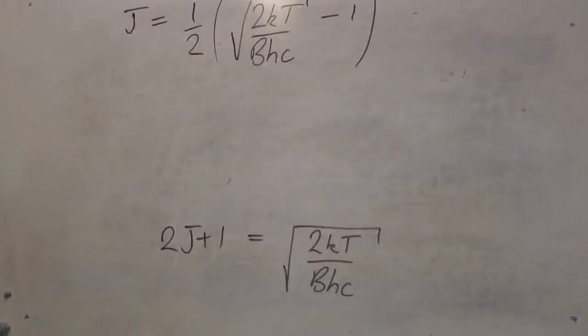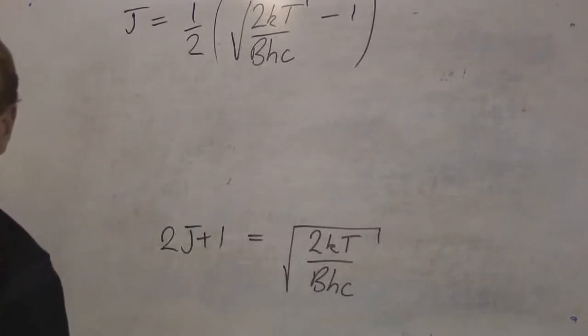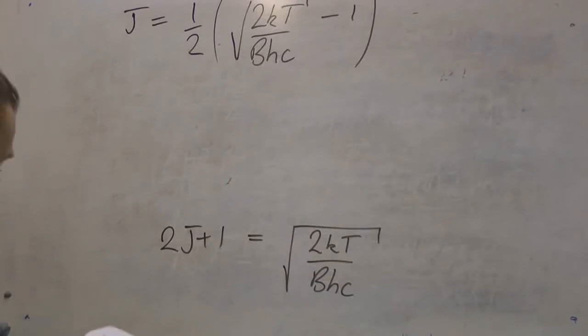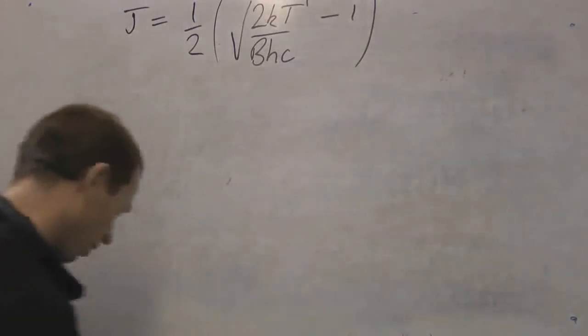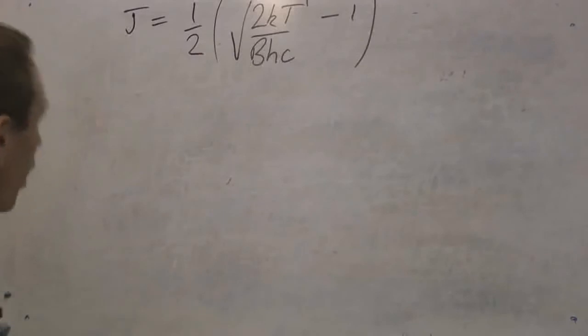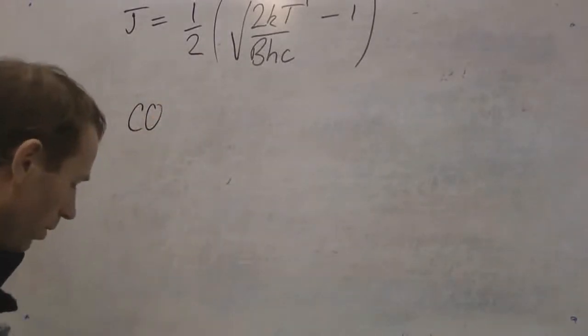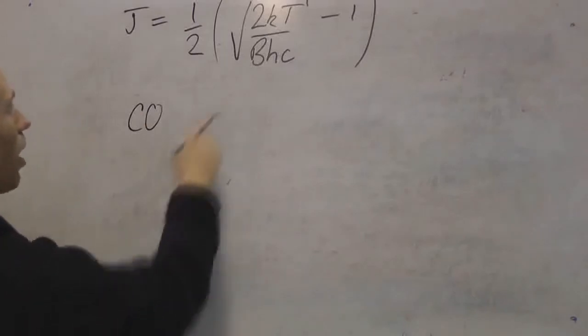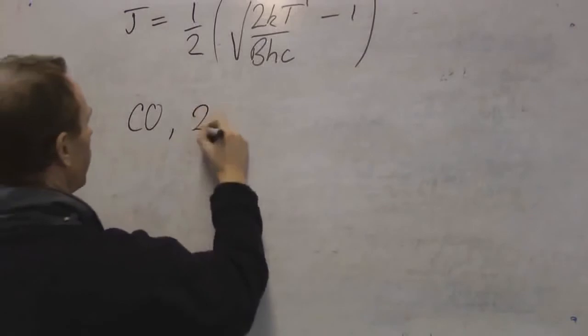So this is what we've got in the lecture notes. So we've shown now actually how to get this value. What we can do now is actually put in numbers. So if we take the molecule of carbon monoxide, for example, we can work out what B is for carbon monoxide, or we can look it up. If we say we take 200 Kelvin,